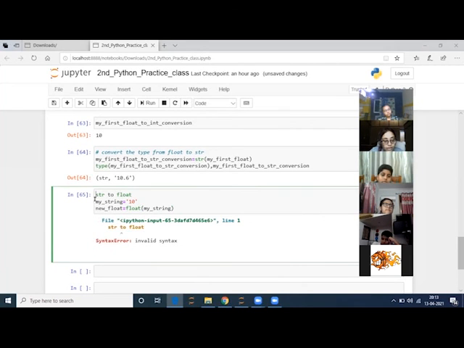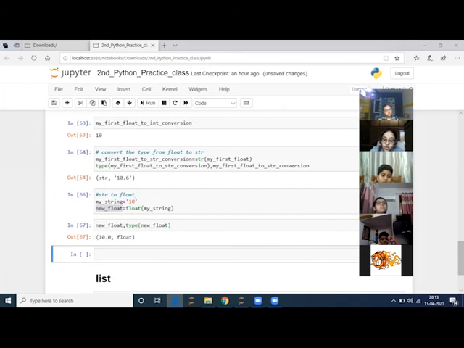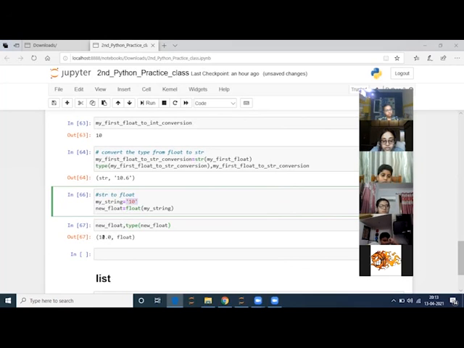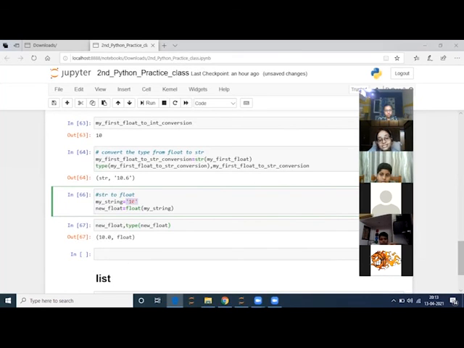We have to comment this line. So new float, first I will see that and I will see the type as well. This got converted to 10.0. But for example, this is a string, right? I can only convert a string into float if it actually could be converted, because I have 10, a number which I know.